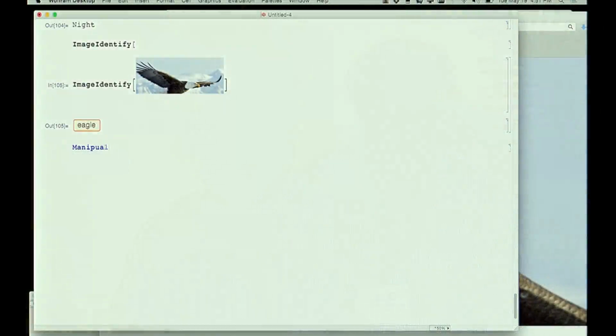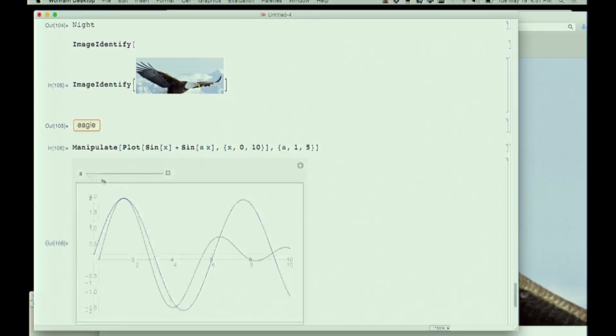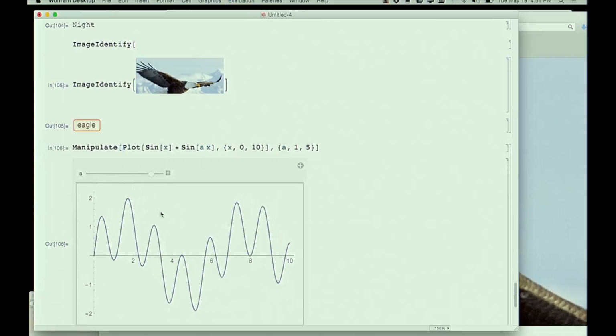So another thing that we've been interested in doing is not only automating what happens inside the language, but also automating the deployment process for the language. So, for example, one of the things we can do is create a little user interface here. Let's do something very trivial. Okay, let's do something like this. So this will make a little trivial user interface here, wiggles around.